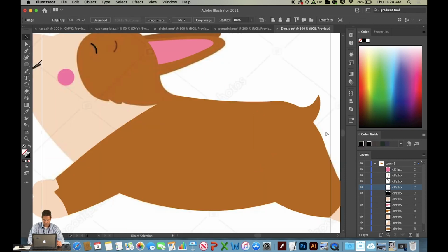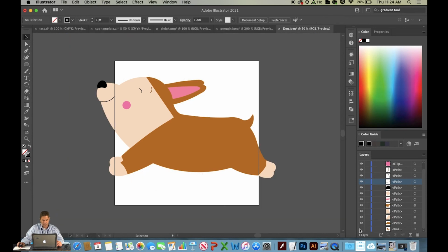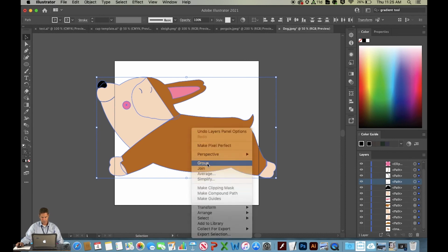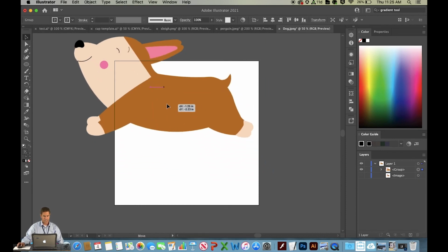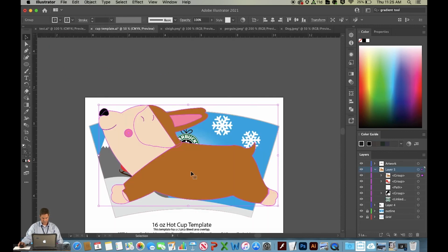All right, so if I zoom out, if I show all my layers and I hide the background, I've got a dog. All right, so I'm going to group everything. So my direct selection tool, I'm going to draw a rectangle around to select everything, and then right click and group. And now I can simply take my cup over to my template, size it down,